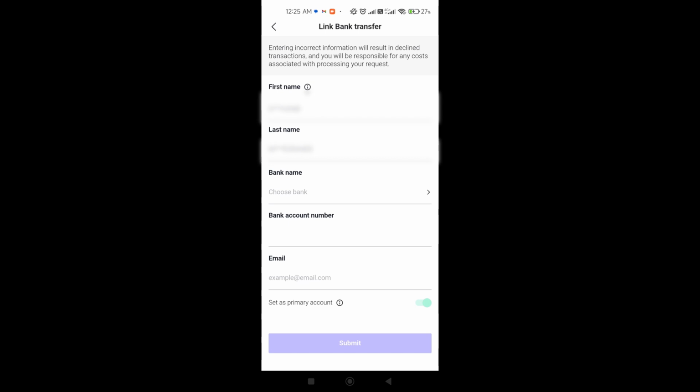And here you will be able to link your bank account. So just fill out this form here. And then once you're done with that, you're going to click submit. We don't have the Gcash payout method as of the moment, but if you're going to do your withdrawal here,